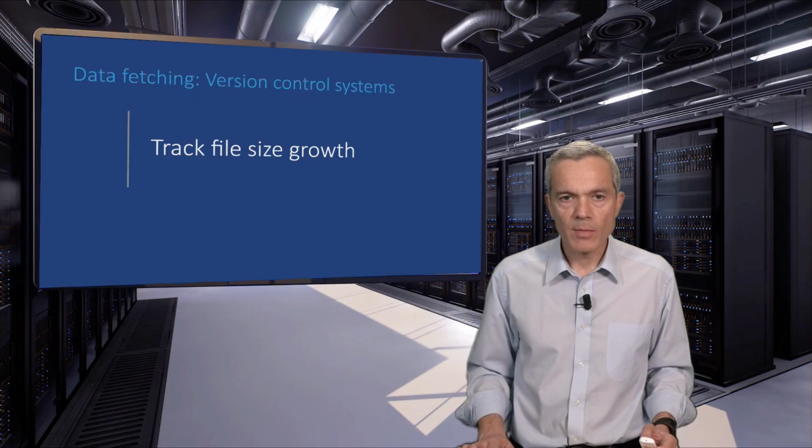The git show command allows us, between many other things, to see a file as it was in any point of the past. Let's see, as an example, how we can track the evolution of a file's size. To track the evolution of a file's size, I first store the name of the file we will examine in a variable named file.